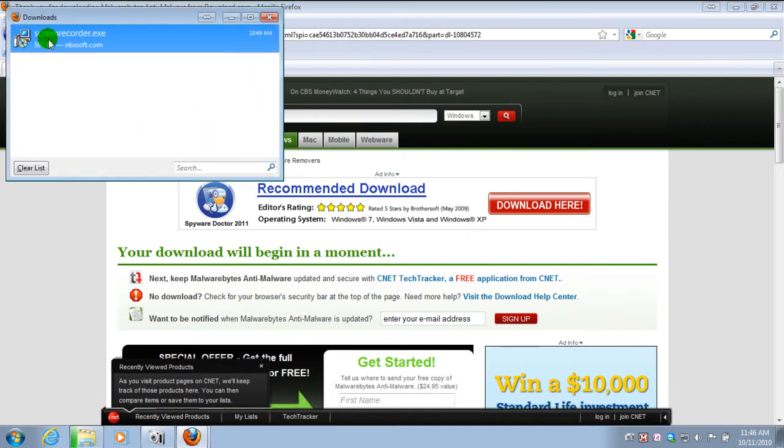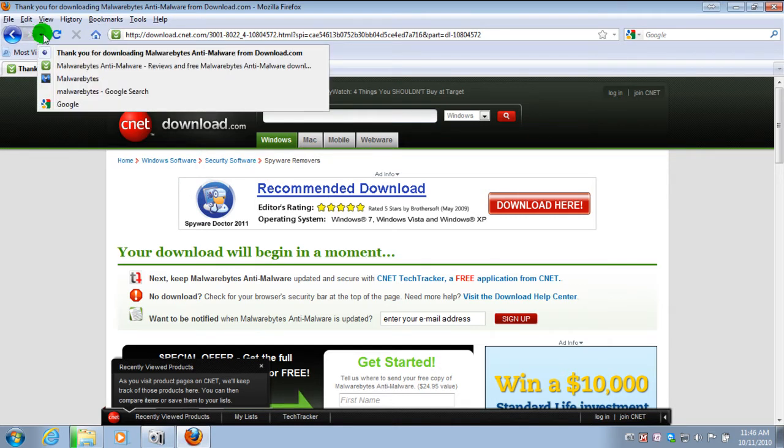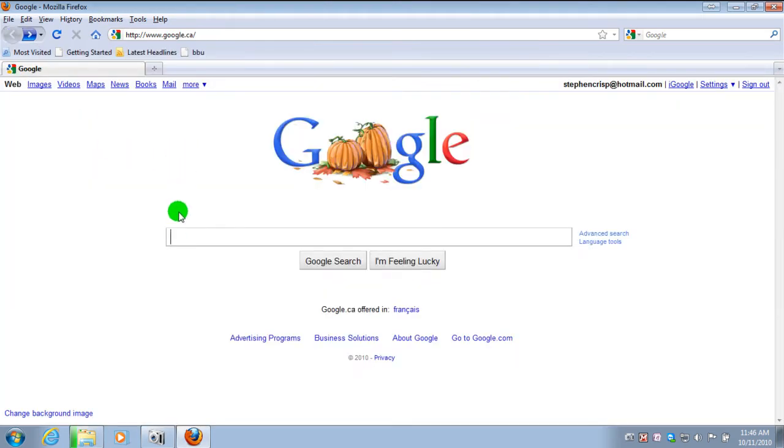Once you save it, then you go to your downloads, wherever your downloads are at. Usually if you right click on your download, it'll come up with open containing folder. You click on that and it'll open it. Then you can run the software to install it from there. So once you have that installed, then you can go back to Google,